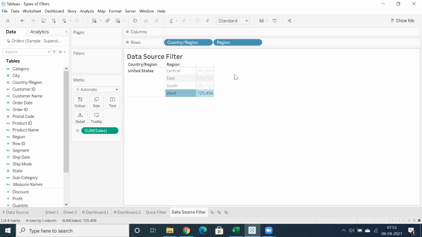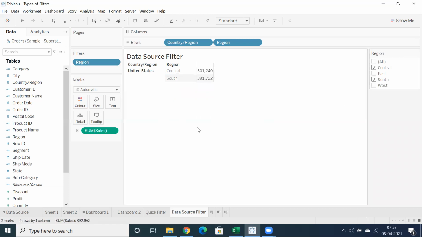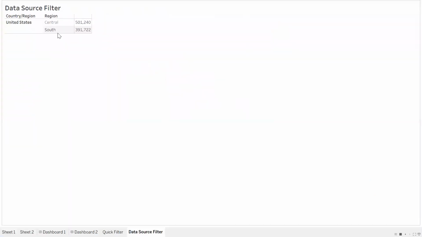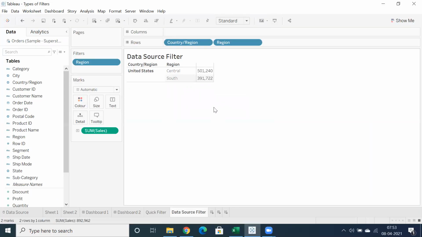it's unwanted. And you can say, hey, why don't we apply a quick filter and avoid East and West? That's okay. Even if you don't want to show this as a quick filter, this looks good so that a user can understand, oh, we are showing only Central and South. That's perfect. But why should we load unwanted data? It may degrade the performance, correct? You understand the point, right? It may degrade the performance, and every time we need to assign the filter and all that. So that is the reason why we have the flexibility